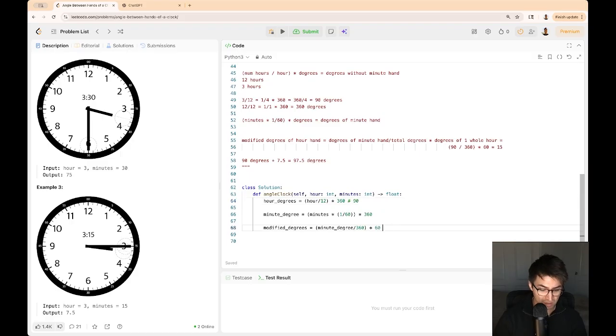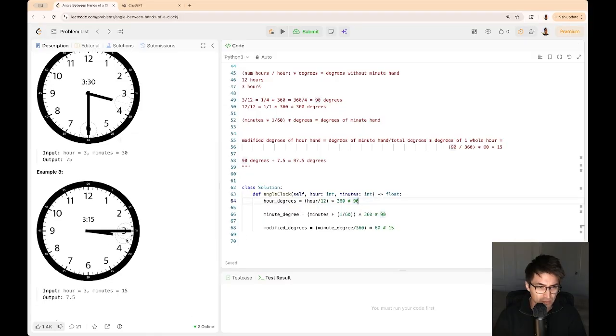15 plus 15, 90. 15 plus the hours would give me 115. But we get 7.5. So, I mean, I could just divide by 2 and that would give me what I need. That'd give me the answer, but that's not exactly